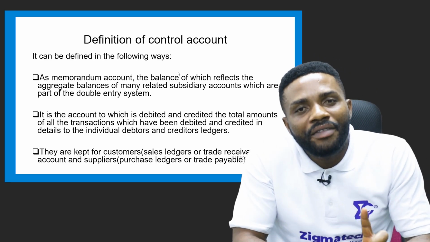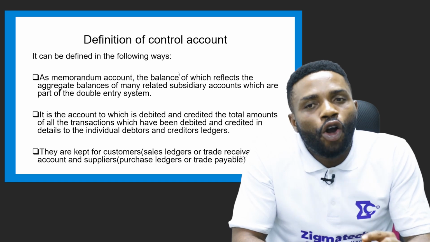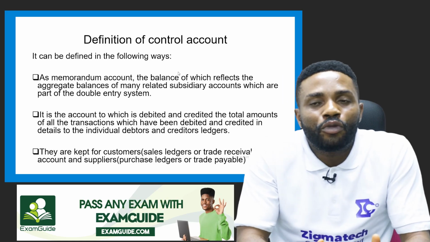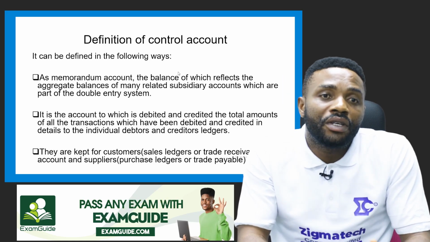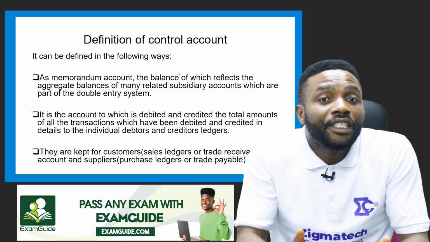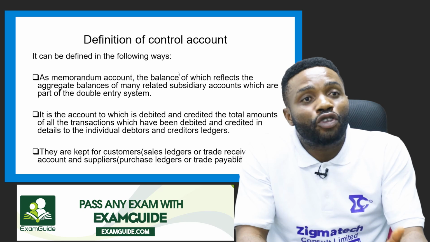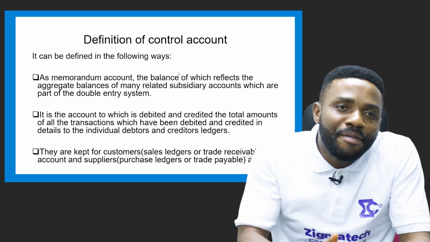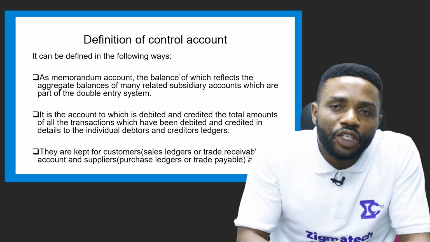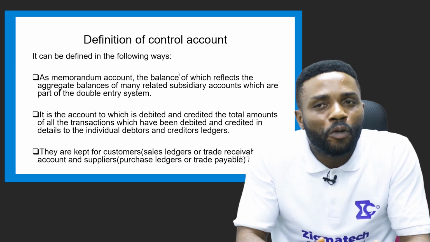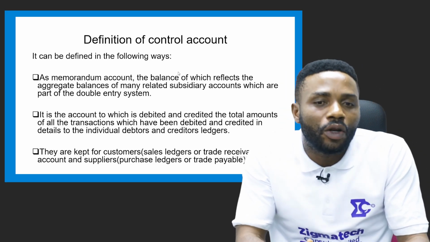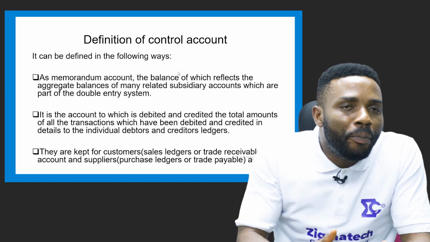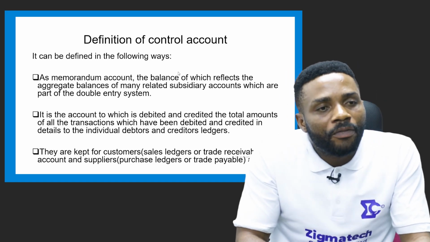But if the buyer, Mr. John, comes to the business to buy these 5 cartons of Indomie without bringing money, at that point there will be need for you to write, because it's possible that tomorrow Mr. Peter may want to come and buy on credit too. If you don't write the name of Mr. John who comes to buy on credit today, by the time Mr. Peter comes tomorrow, you won't be able to differentiate the transactions between Mr. John and Mr. Peter. So it is very important to open a book where the names of individuals